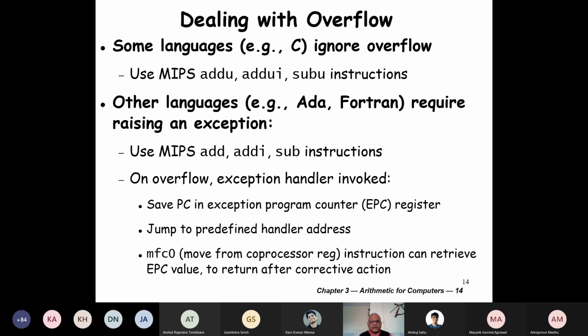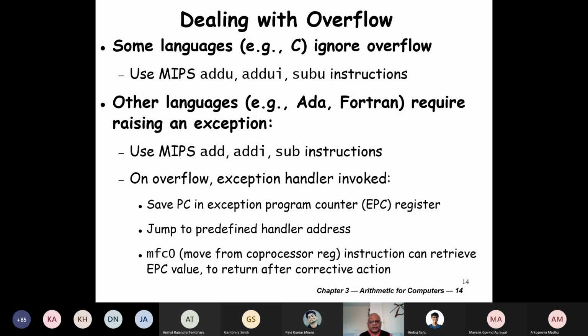And once an exception occurs, then we'll have to save the program counter value in the exception program counter and jump to a predefined handler address. And then once it is handled, we move back to the last program counter by writing this assembly instruction, move from coprocessor register.